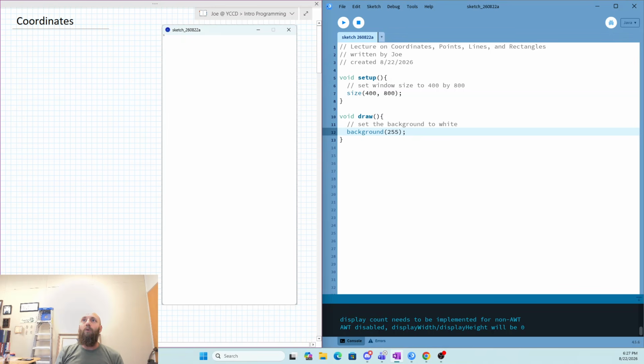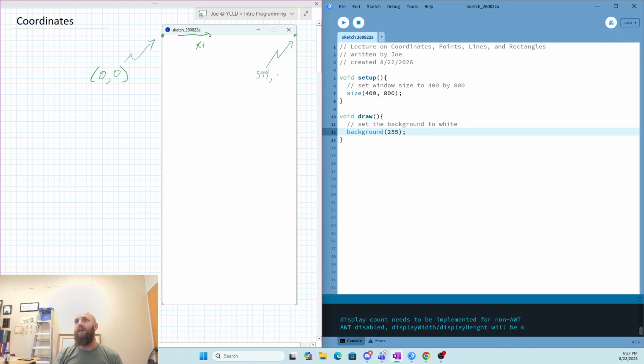So the way this window works is right here. That is 0, 0. It's up there. And then this way is going to be increasing x. So I'm going to put x with a plus. So bigger x's are going this way. Over here, this corner is going to be at, well, how wide is this window? This window is 400 wide. So this is going to be